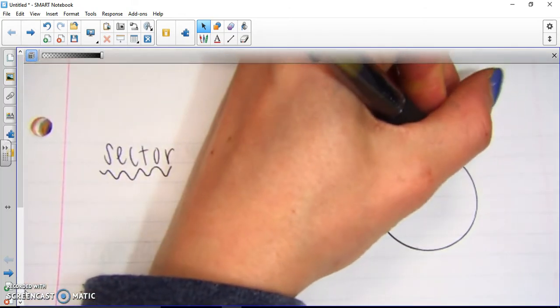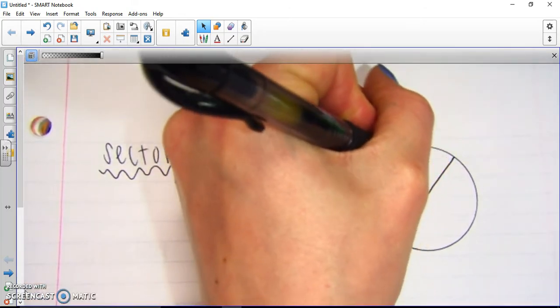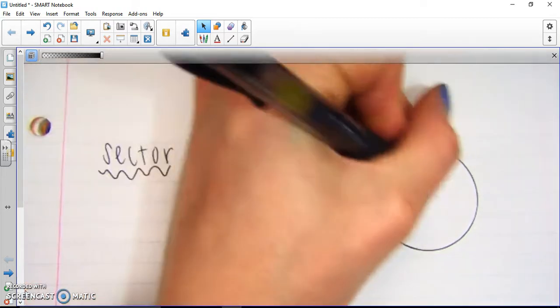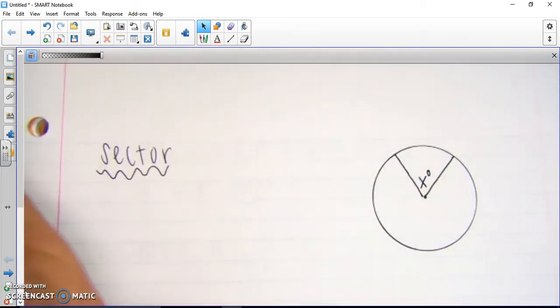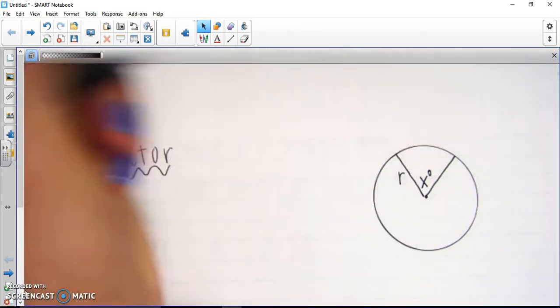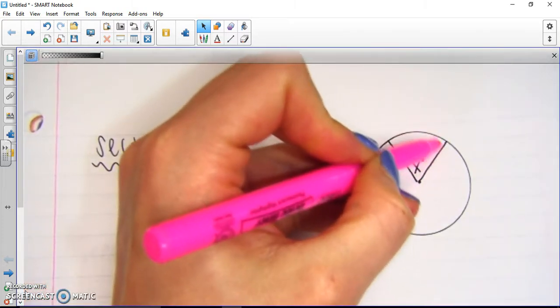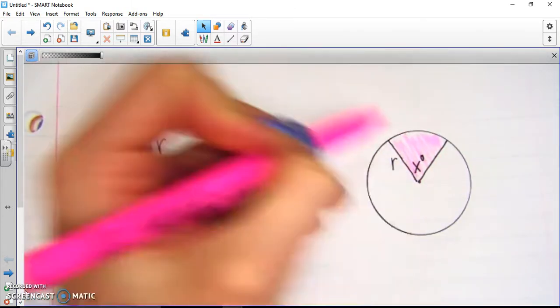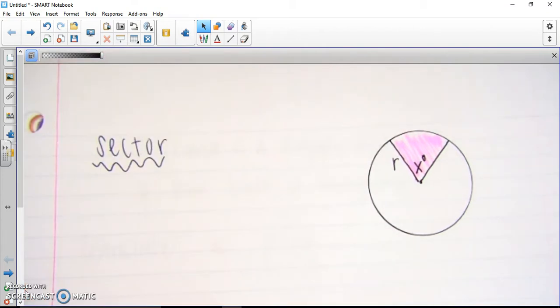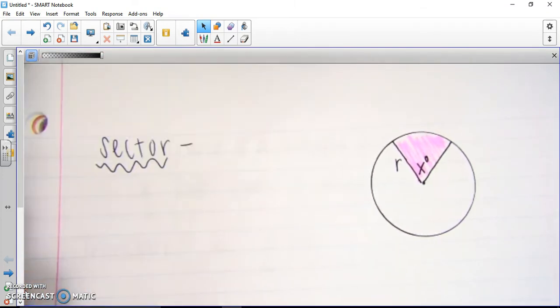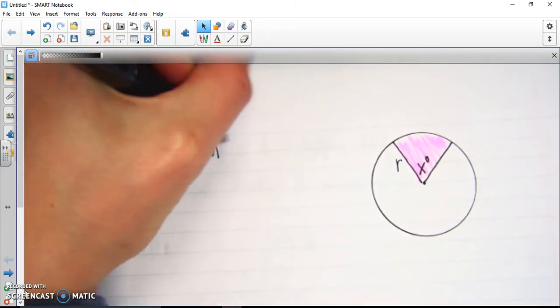So a sector is when we have a slice kind of cut out of the circle like that, where we've got a degree and a radius, and the sector is usually shaded in our pictures. It's representing that part of the circle. It's kind of like a pizza slice, right? So technically it's a section of the circle